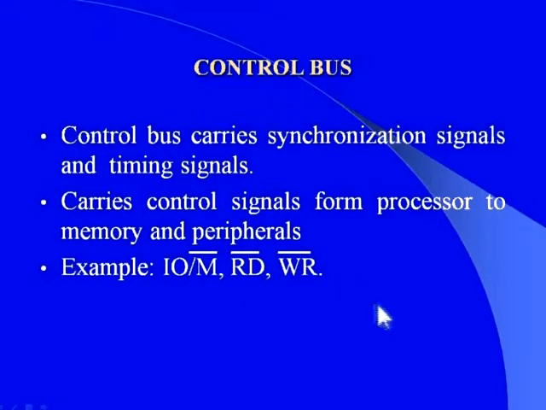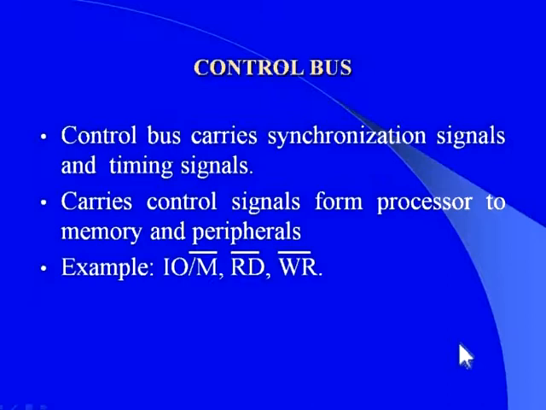Suppose a CPU wants to read data from some memory location. First of all, the address will be placed on the address bus. Using the address bus, it will point to the particular memory location in the memory IC. Then the control unit will generate the IO bar, M bar and read bar signals. That is, the IO bar, M bar signal as well as the read bar signal should go low during the second T state in order to enable the memory, so that the data from that particular memory location is placed onto the data bus and can be read by the CPU.